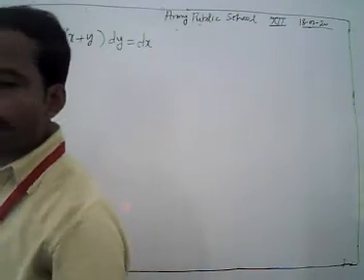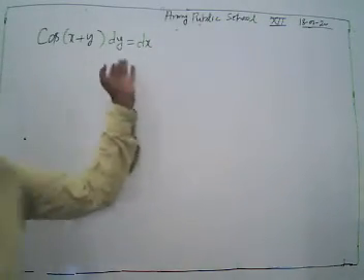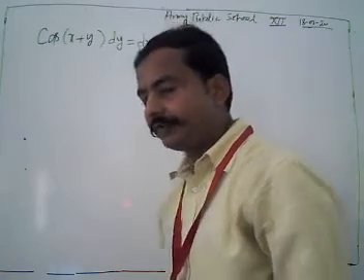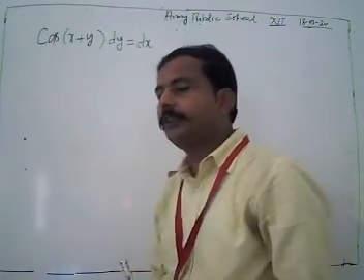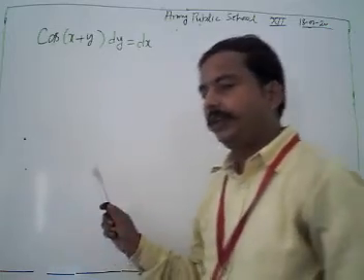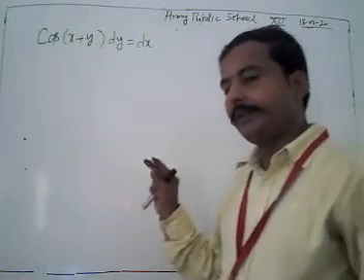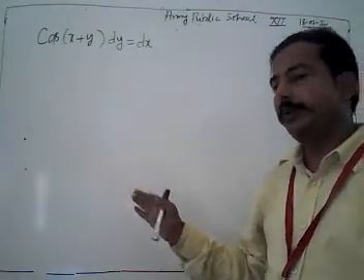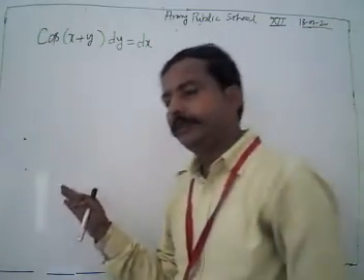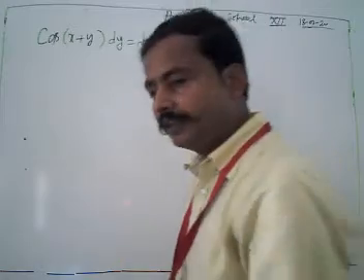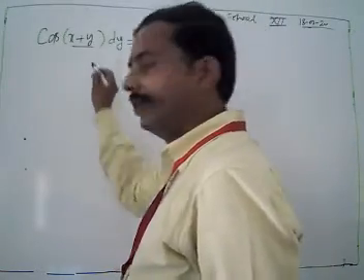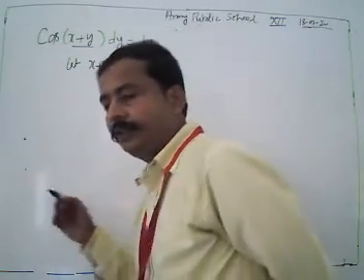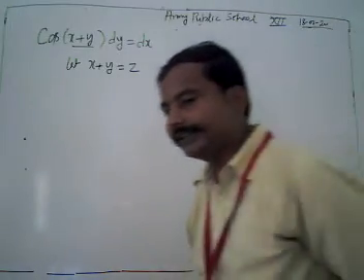Then what do we have to do to solve such differential problems, when we have two variables or more than two variables in a function? To solve this type of differential equation, it's based on our variable separable method. First of all we have to reduce this to a single variable. We have two variables here, x plus y. So let x plus y equal z, to substitute and reduce it to a single variable.